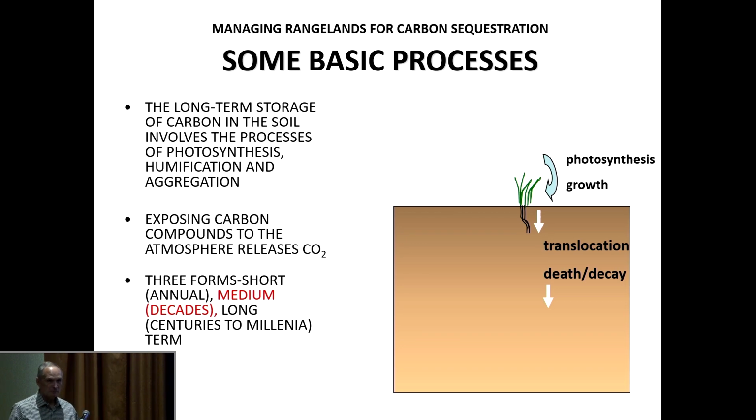If we want to manage soil carbon in rangelands, we have to get the carbon from the plant above ground into the plant below ground. You cannot increase soil carbon below ground by growing more plant material above ground. It's got to be in the roots. So that's the process of translocation. Those roots turn over. In perennial grasses, about 50% of the roots turn over every year, just as part of the natural cycle. So we lose about half of that biomass every year, through the process of death and decay.